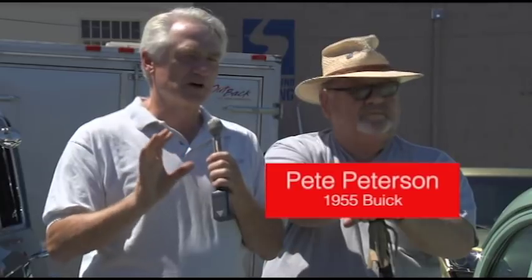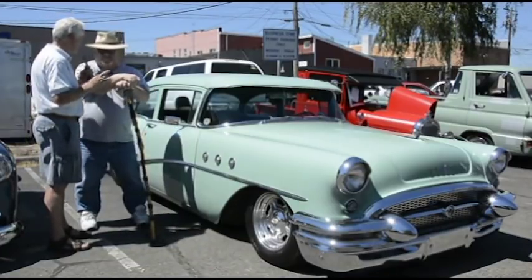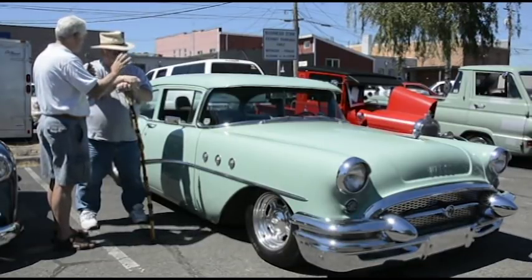I attend car shows all over the United States, but of course, being from the Pacific Northwest, a lot of shows here. There are certain cars that no matter how many times I've seen them, I go to a show, I have to stop and look at them again. Pete Peterson, your 55 Buick is one of those cars. I love this car. I love the stance of it, the wheels, the color, the sun visor. Just everything is